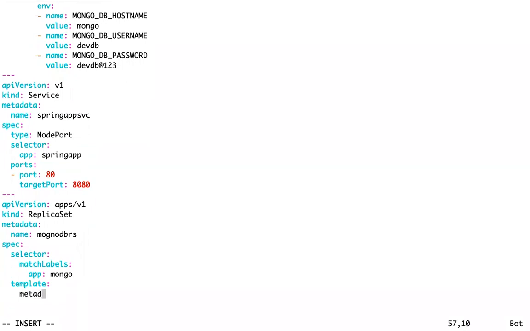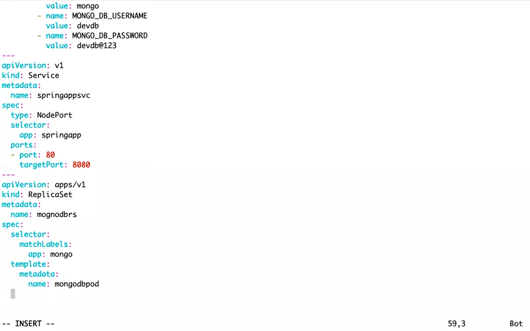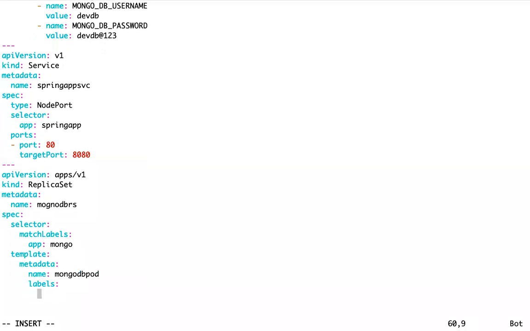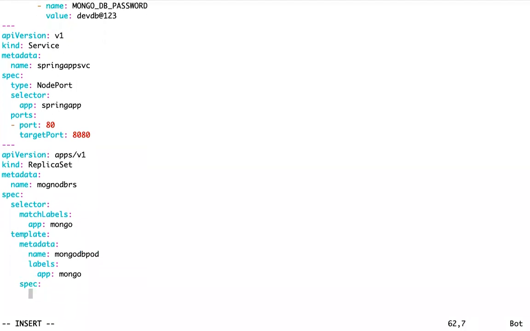The pod template again has metadata, name, Mongo database pod, labels, whatever I have given there. Spec, your pod specification.